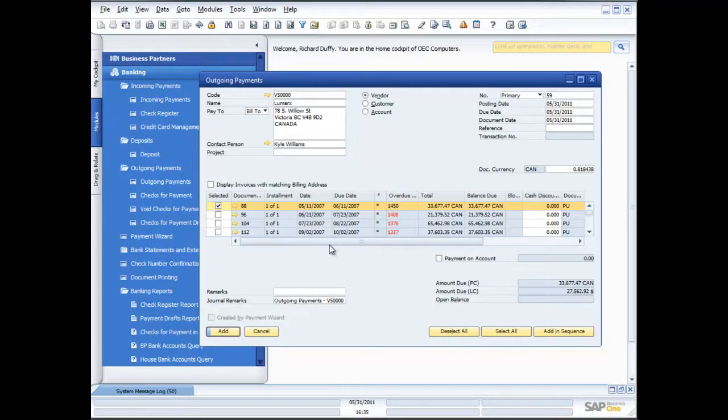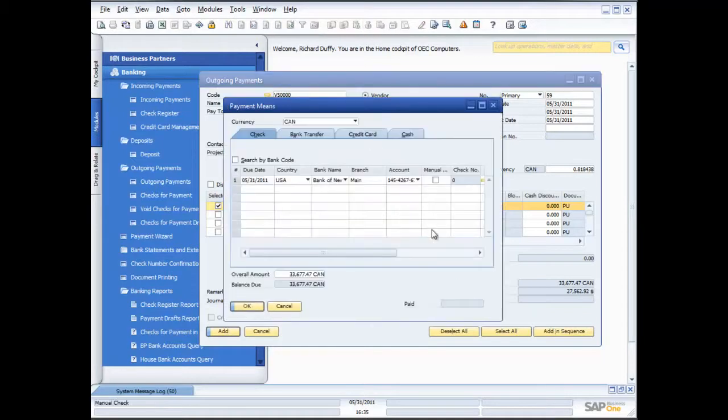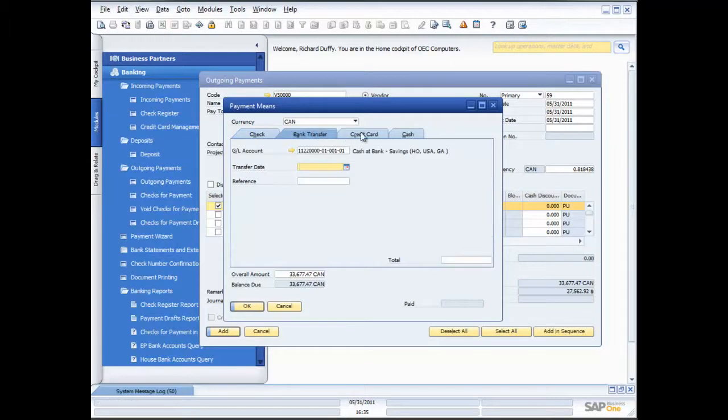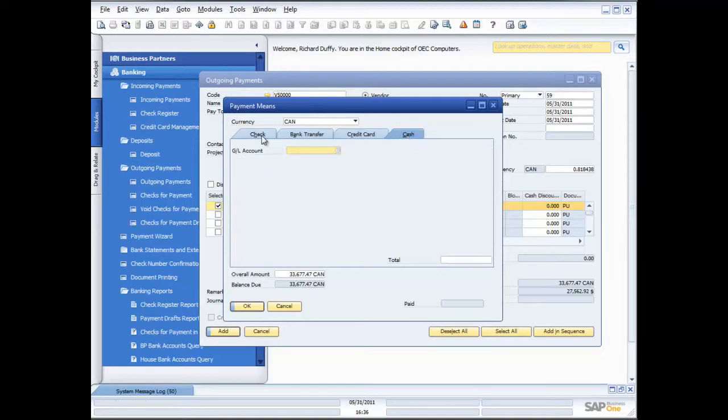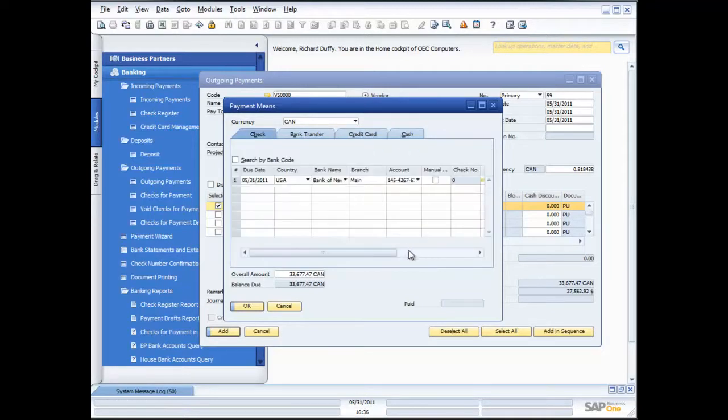The next thing I need to do when I'm doing that payment, before I can generate it, is I also need to go and specify how am I going to pay it. So am I going to draw a check? Am I going to do a bank transfer? Am I paying via a credit card and Business One will manage that process for me? Or am I going to pay it by cash? In this case, I'm going to draw a check